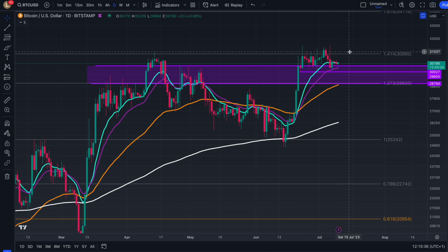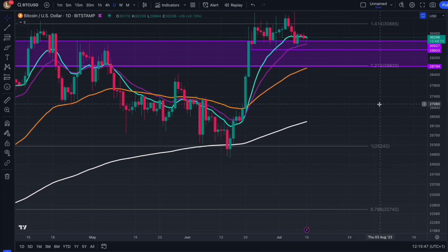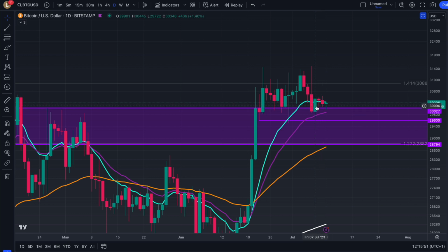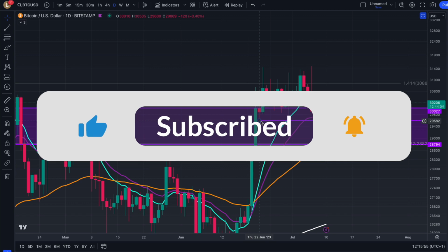And then just before it closed for the day, halfway through the day, it dumps back down to the lows of the range. But we can see that as soon as it entered that purple area, it didn't like being down here. The direct next day we pumped back outside. If we now zoom in for you, we can see we pumped outside, now looking to hold this area as support. Guys, if this area is lost, let's look at this wick over here, already marked out for you,